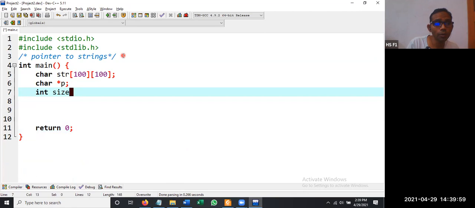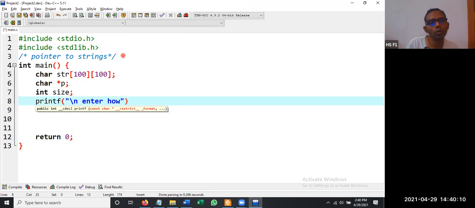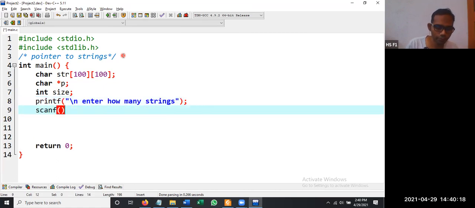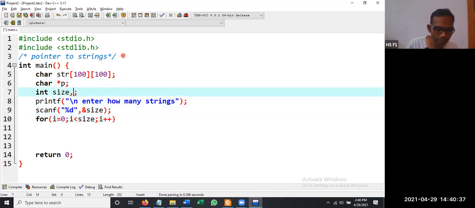So first of all, you are going to ask how many strings you want to accept. printf, enter how many strings. scanf %d, comma, ampersand size. Then for i equal to 0, i less than size, i plus plus, because we are using i, we need to declare i, size comma i.